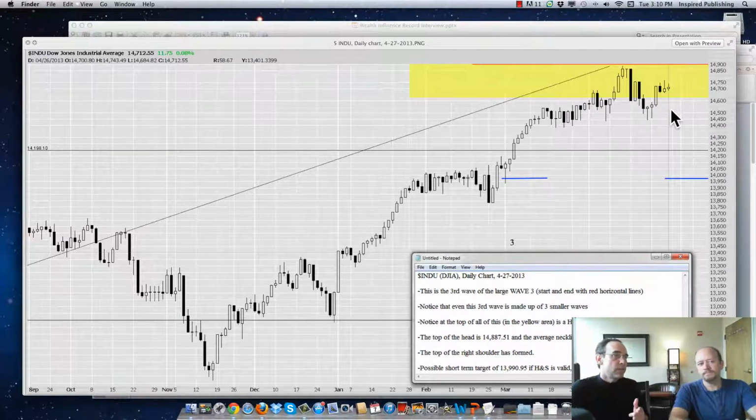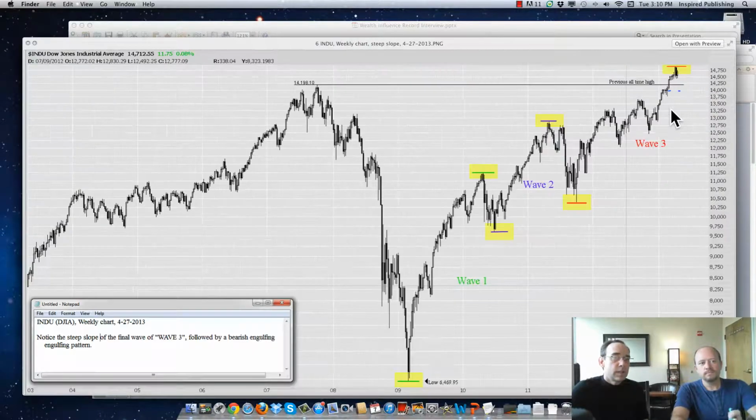Right. If we go forward now on our next slides, here's the context of what I was just telling you. Here's the bottom that we had back in March of 2009. We had this major wave up with 3 small waves within that wave. We had the major wave 2, again with 3 waves in there. And then we had this wave 3, this large wave right here, which is between this red line and this red line. And again, you can see 3 major waves up here.